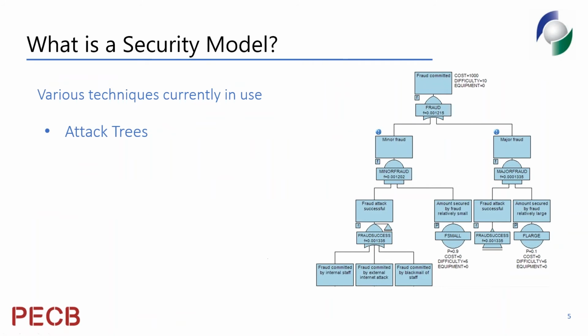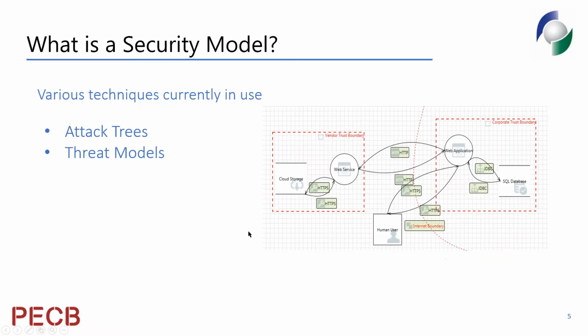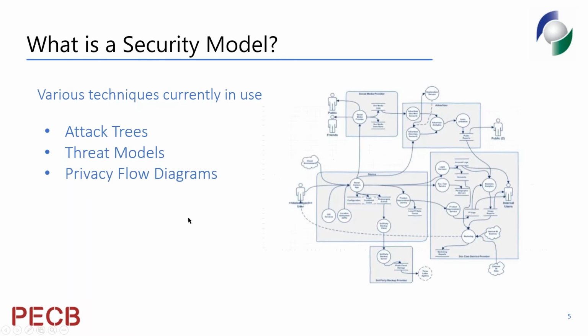So what do we currently use as security models? Well, we see a number of things. We see attack trees, ways in which a vulnerability can be exploited or an asset can be exposed. We see threat modeling diagrams, looking at where the assets are, where they're placed, what the attack vectors are between those and potential attackers. We can look at privacy flow diagrams, looking at where sensitive data comes into our organization, who's using it, where it gets stored, where it gets handled, where it flows to as a sink.